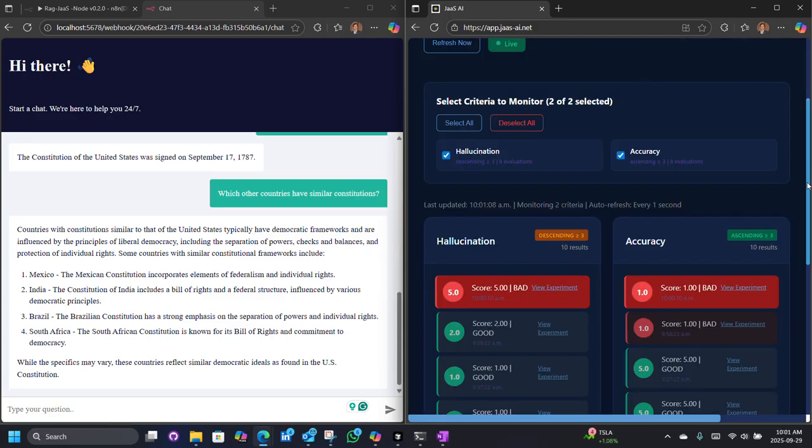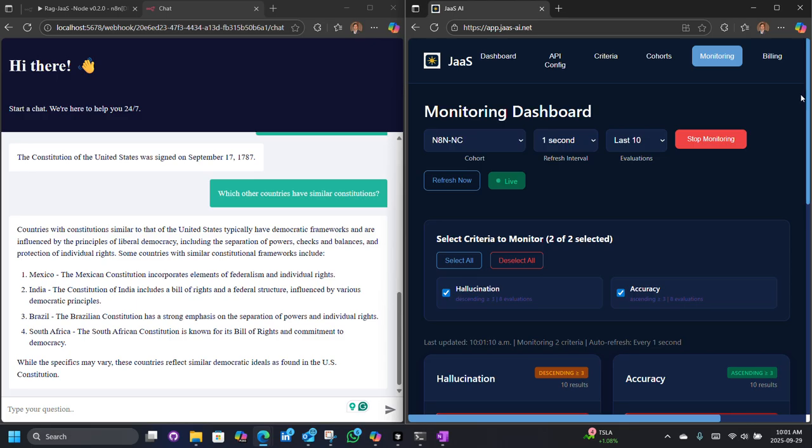So that is how we are using n8n, built by JaaS AI, to detect hallucination. I think that this is unique in the market, and if you need more information, please visit